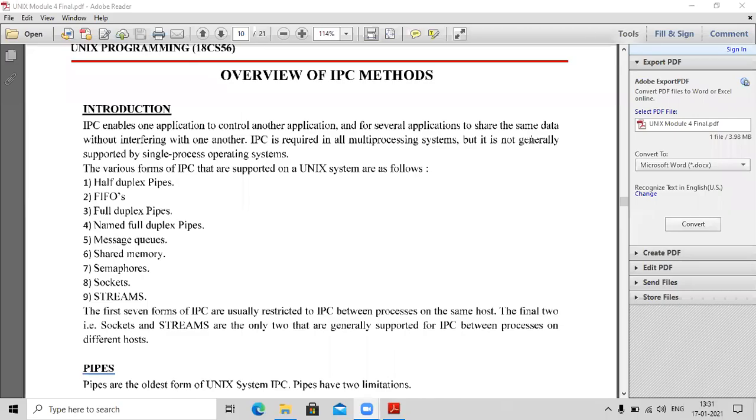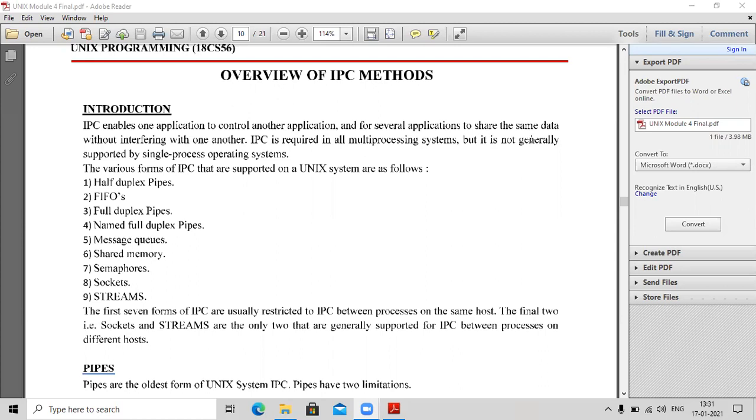Hi everyone. In our previous presentation session and also in my offline class, I had covered how we can change the user ID and group ID. We saw there were different functions available to change the user ID and group ID. Those functions behaved differently for super user as well as for normal user. Then we also saw how we can change user ID and group ID through exec functions if a flag has been set. We saw many other functions with respect to changing your real user ID, effective user ID, and saved set user ID.